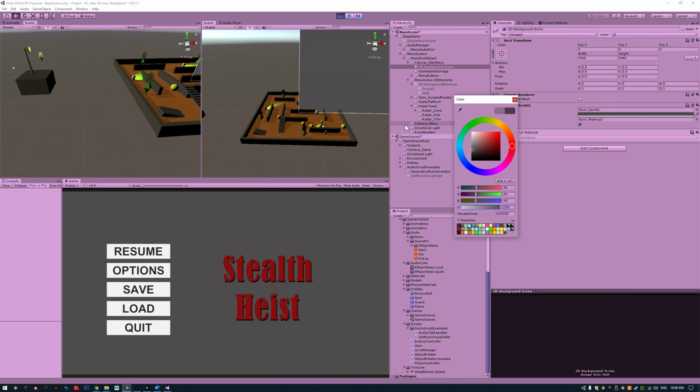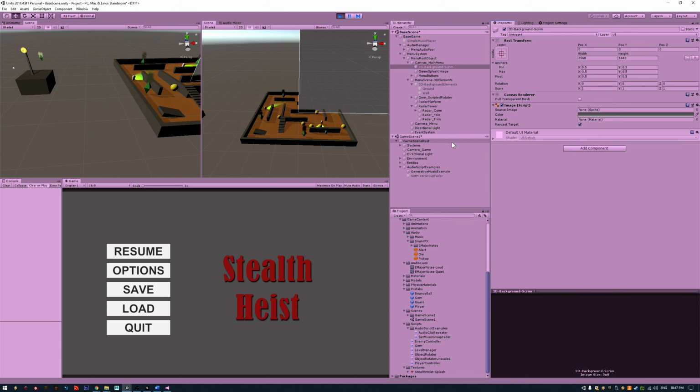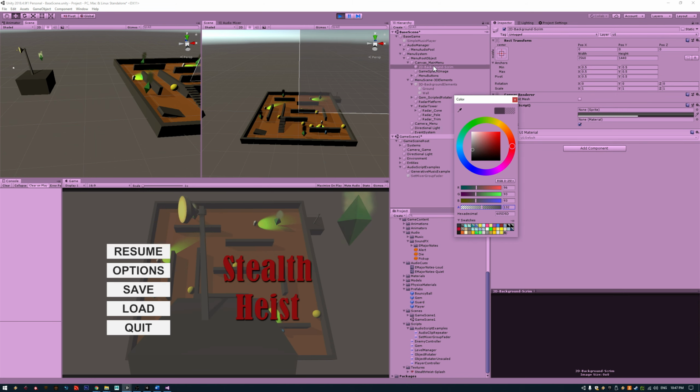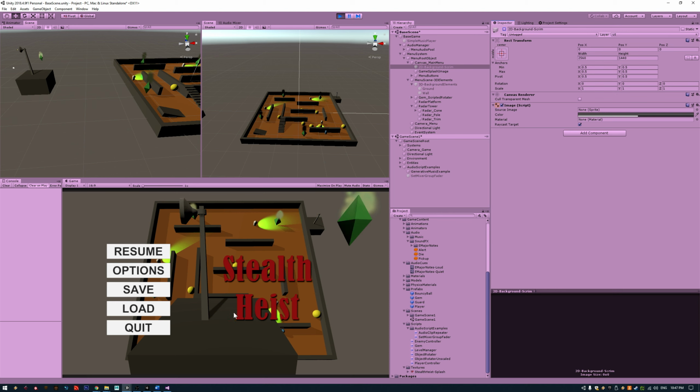Otherwise, I'm not sure of the most elegant solution to have a 3D menu scene and a 3D game scene, but I basically do have it set up so that that's working. Let's put this back. So what I was going to say was, if you do have your 3D scene,